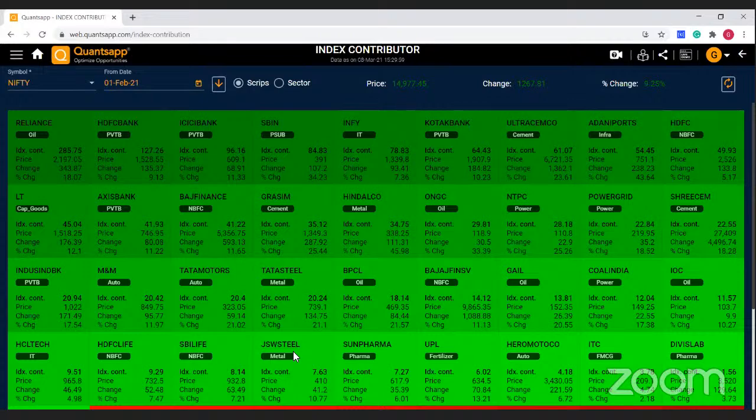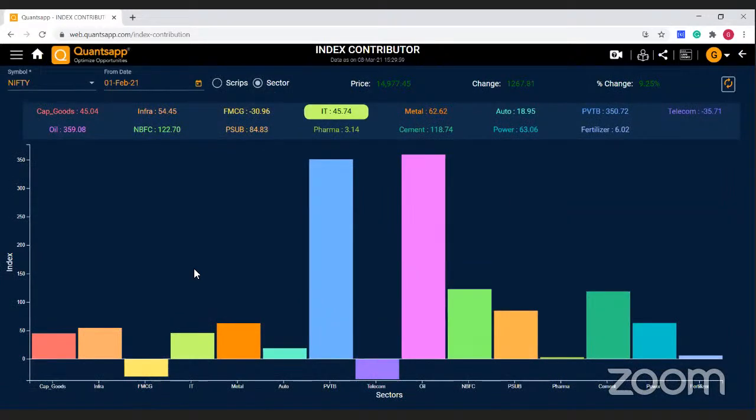Now this is the part of the single stock, but if I want to see sector wise, from the 1st of Feb, which sectors contributed. One sector might have a number of stocks. If I say oil, oil might have 8 to 9 stocks. Private bank has around 6 to 7 or 8 stocks, then NBFC. So I want to see cumulatively how a sector has performed. So I can say from the 1st of Feb, private bank and oil are the highest contributors to the Nifty,